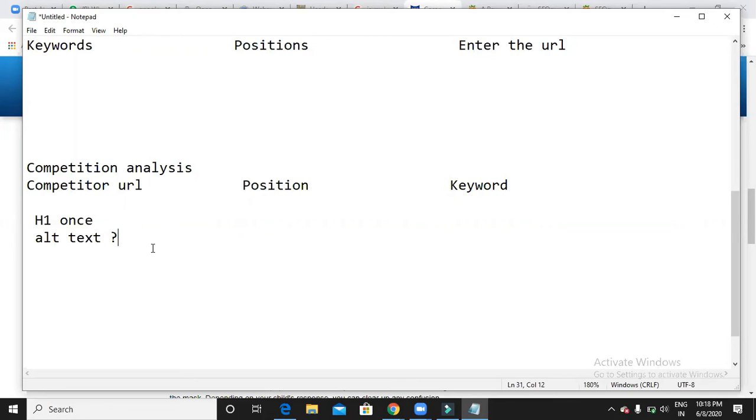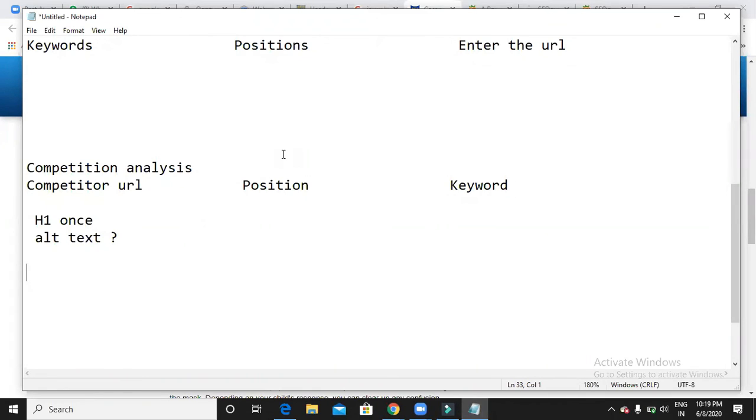So apart from this, we will be having a lot of tools to analyze your competitor. As of now, you just use this manual process to analyze the competitors. In the later sections, I'll be explaining the tools to you. At that time, it would be easier for you to analyze the competitor. As of now, I want you guys to do everything manually. You need to struggle at the beginning stage. After struggling, if I go with the tools, then it would be good for you. Okay, right. This thing I want to see by tomorrow.